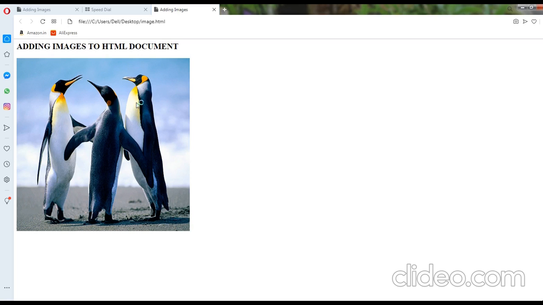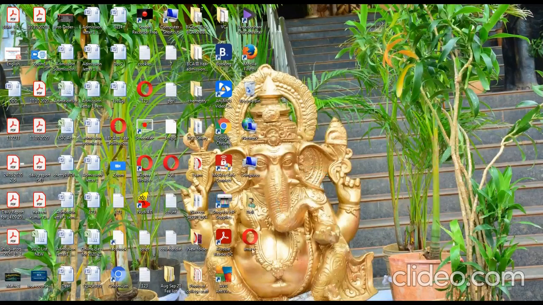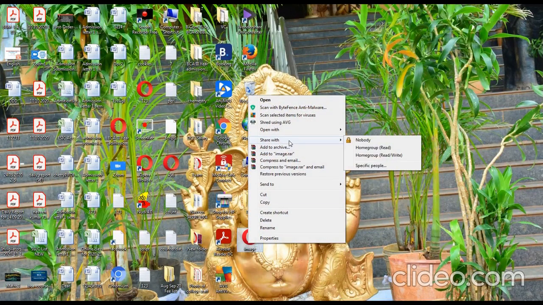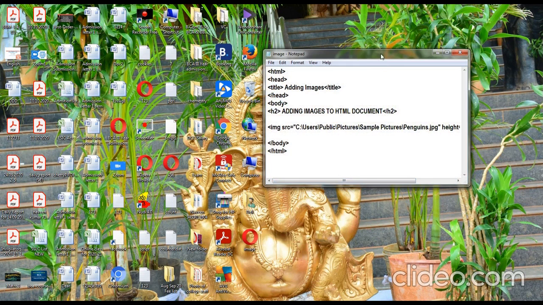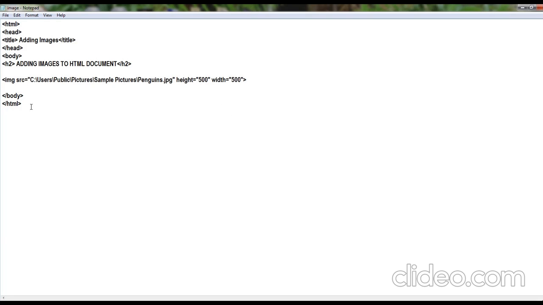So if I want this image to be a hyperimage, what I need to do is open the source code of this image file. Already I have written this code to add the image to my web page. Now to make this image a hyperimage, I use the anchor tag and the attribute href